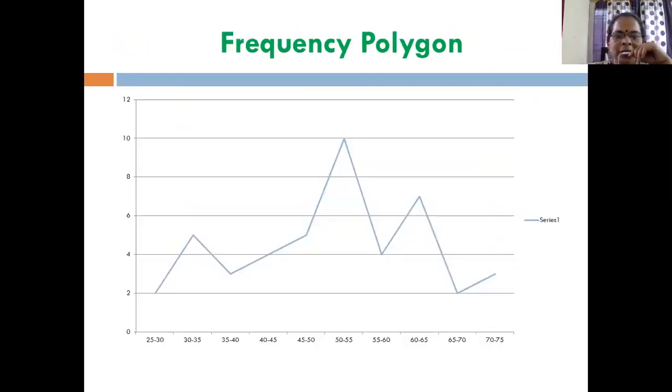So this is only the frequency polygon. Here I have drawn it using an Excel sheet. The classes are written as 25 to 30, 30 to 35, together, but when you draw, you need to write only the limits once. Here the midpoint of 25 to 30 is taken, then 35 to 40, and for every class the midpoint is taken. If you see only the frequency polygon, the shape will be like this, and you have to extend both ends of the polygon to make it a closed figure. So this is the shape of the frequency polygon.